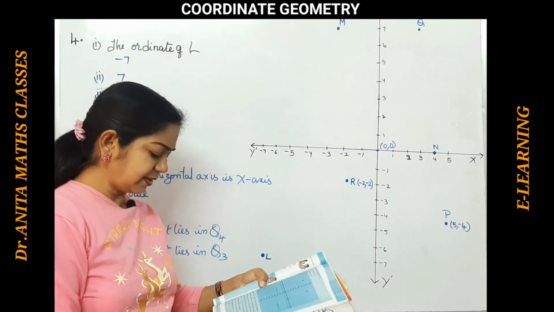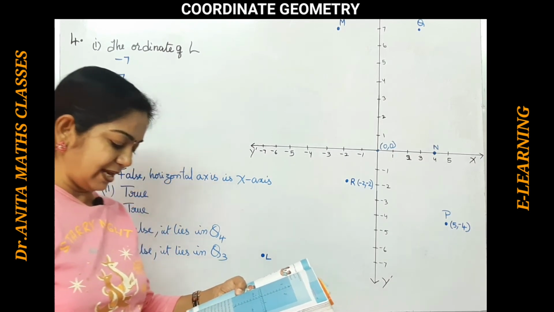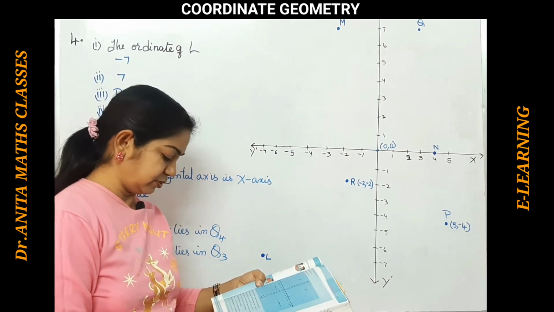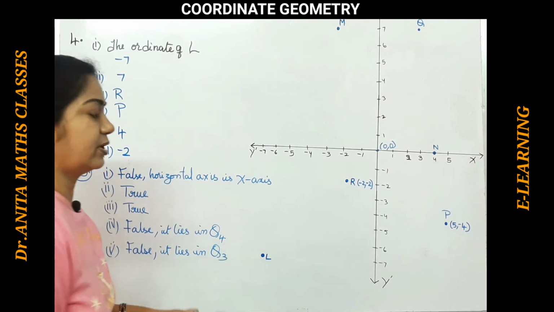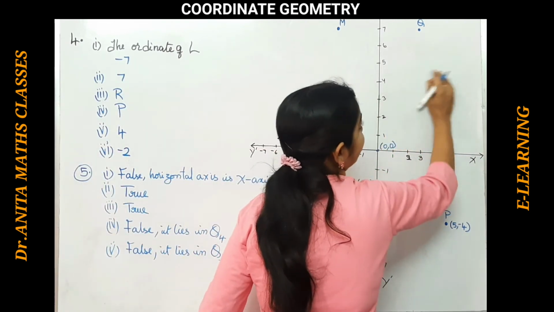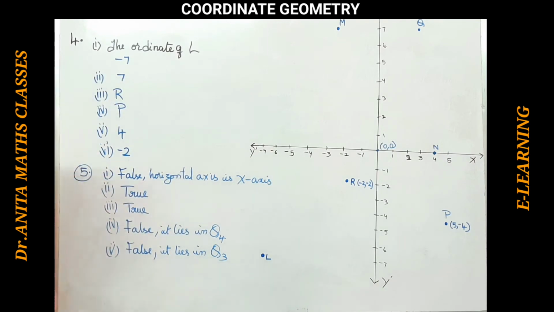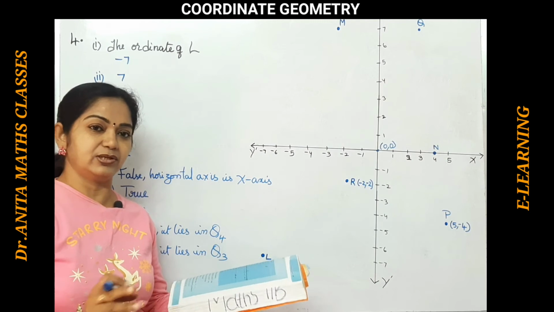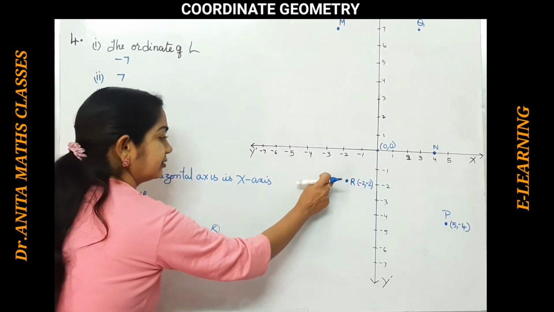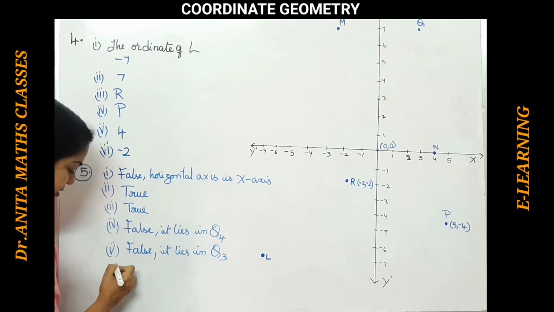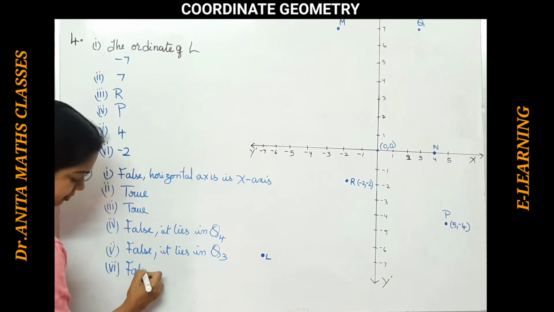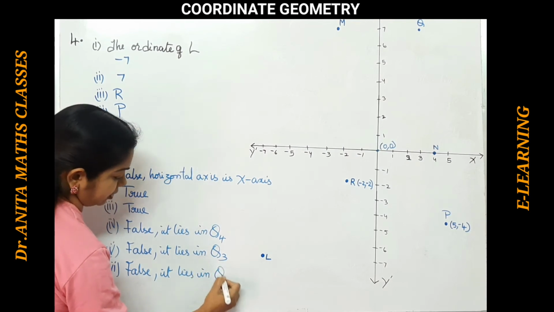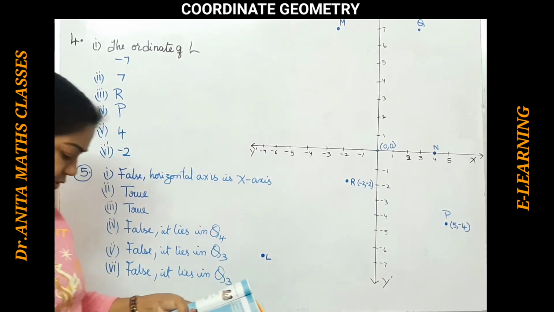Fifth one. Now sixth one, the point minus x minus y lies in the first quadrant where x is less than 0. No, the point minus and minus does not lie in the first quadrant. When they are positive only, they lie here. Given that x is less than 0 means negative numbers. Both negative numbers, they lie in the third quadrant, not in the fourth quadrant. So this is again false. So the correct statement is it lies in Q3, third quadrant. You have to mention. Please pause it and note it down.